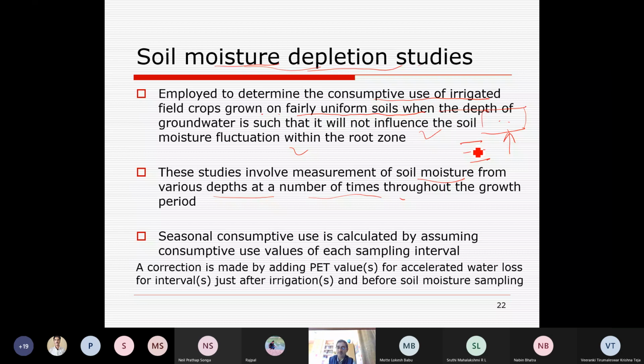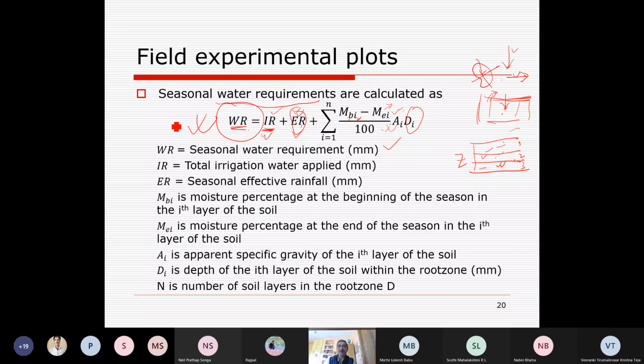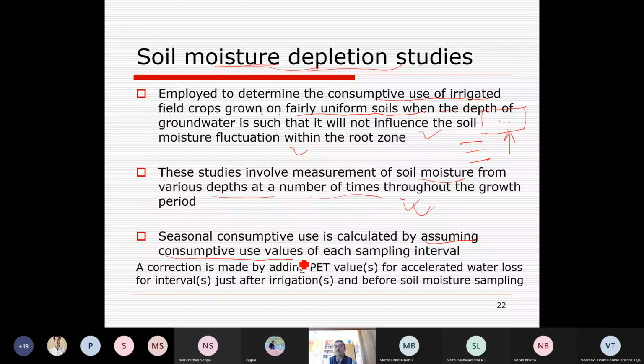It was basically seasonal, one time, but here it is assuming consumptive use values of each sampling interval. Means taking into account simply here. So seasonal consumptive use is calculated by summing up consumptive use values of each sampling interval and each layer. So a correction is made by adding PET value